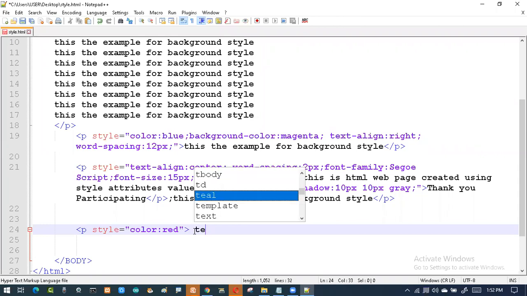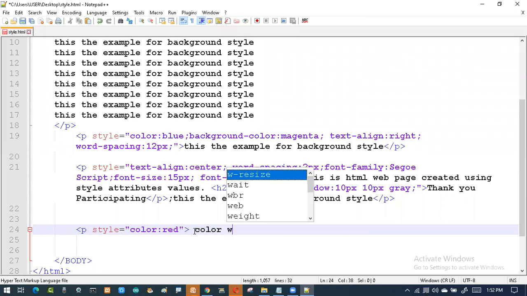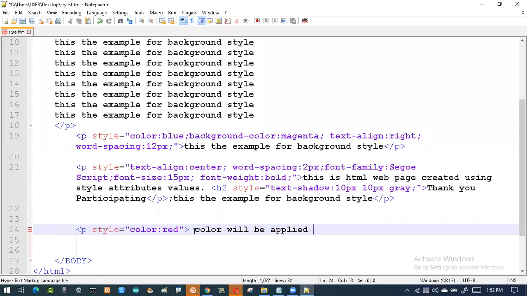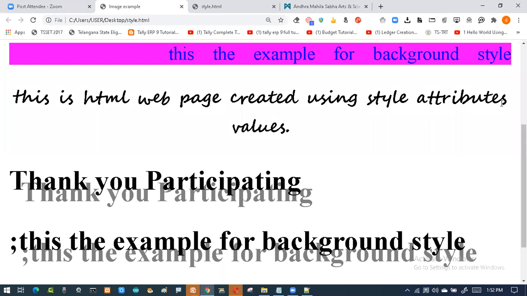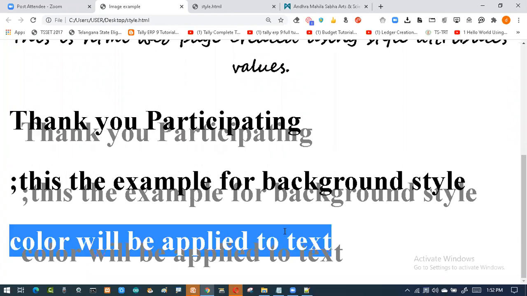So this is color. Color will be applied to text. If I say this, I can check the output. See, now I got the color applied to the text. So the text color has turned red.